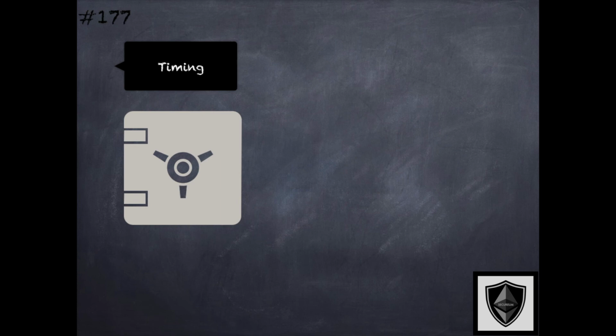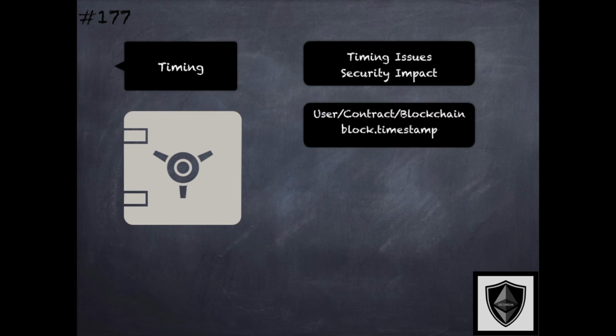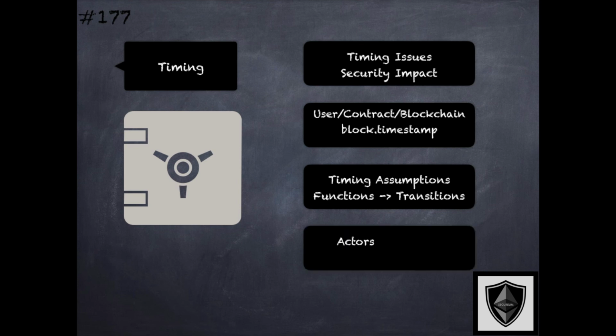Timing issues can have a security impact. Incorrect assumptions on timing of user actions which cannot be controlled, triggering of system state transitions, or dependencies on blockchain state blocks transactions may all lead to security issues depending on the application logic context. Therefore, any timing attributes or logic within smart contract applications should be analyzed to check for such issues.